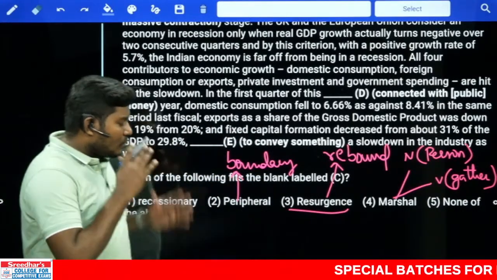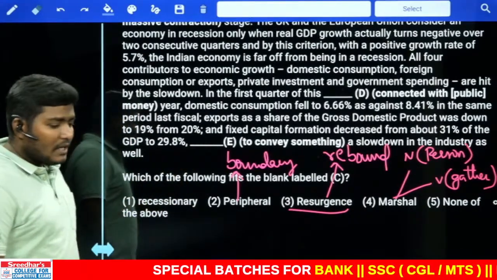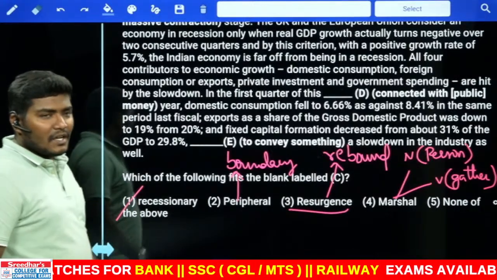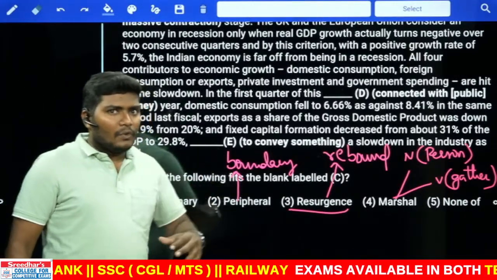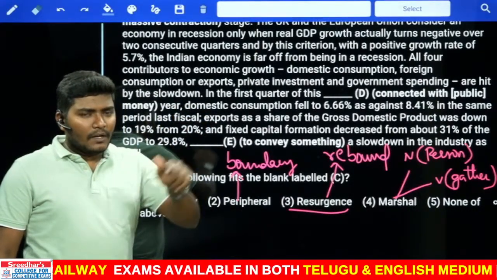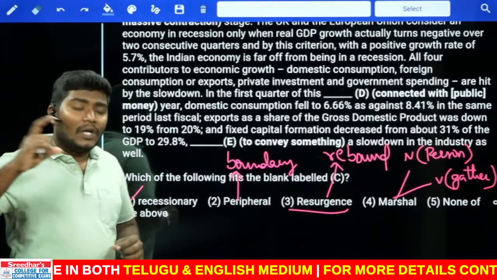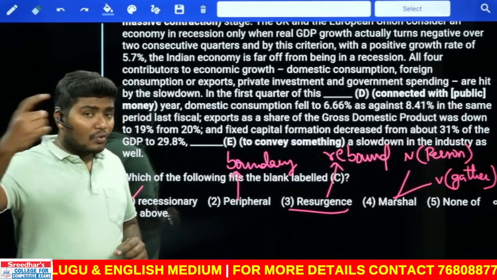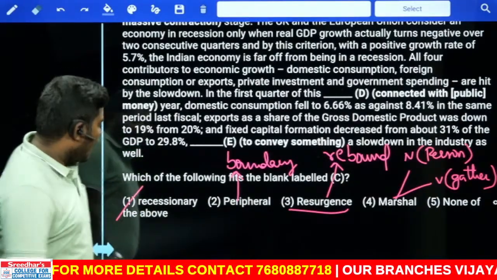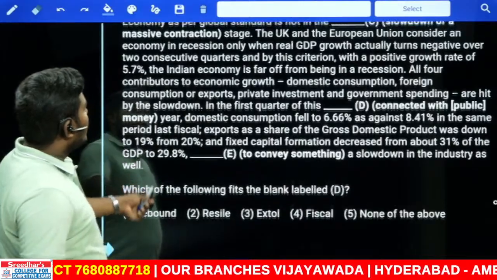Here there is only one word which can directly relate to the context. What is the word that you can relate to the context? Only one is possible. That should go with recessionary stage. They are still telling in terms of the global view. If you only look at the calculations of the Indian economy from year to year, the economy is going down. But when the Indian economy is compared to the growth of the world, India is in a good position. It's not in a recessionary position. The answer should be the first one. Next, 141. That is D.